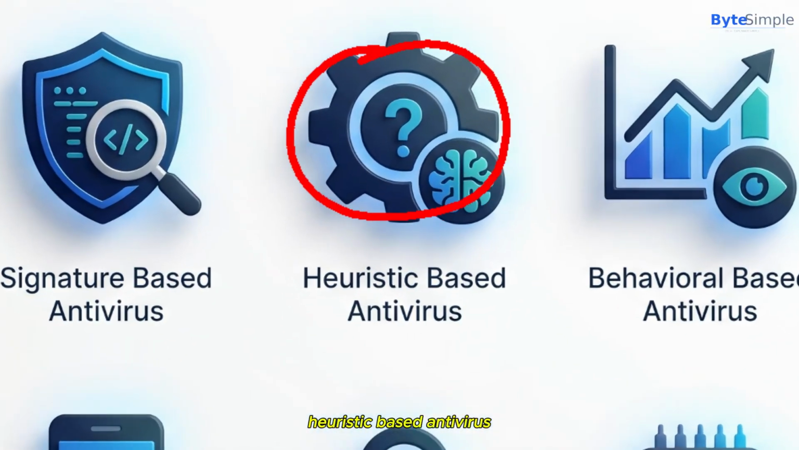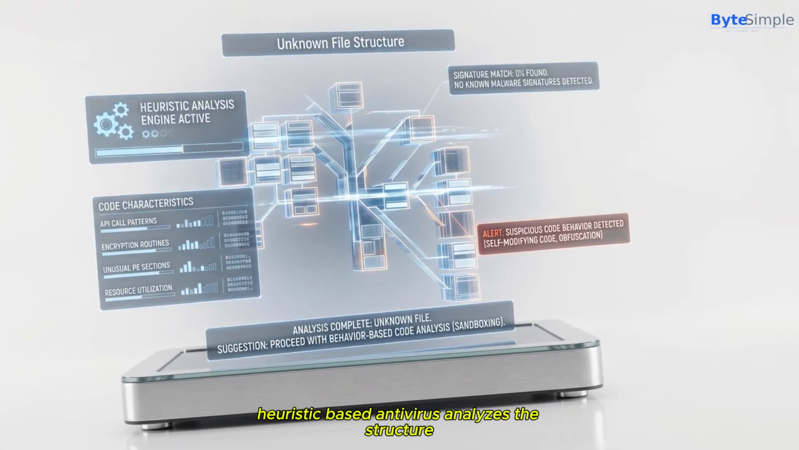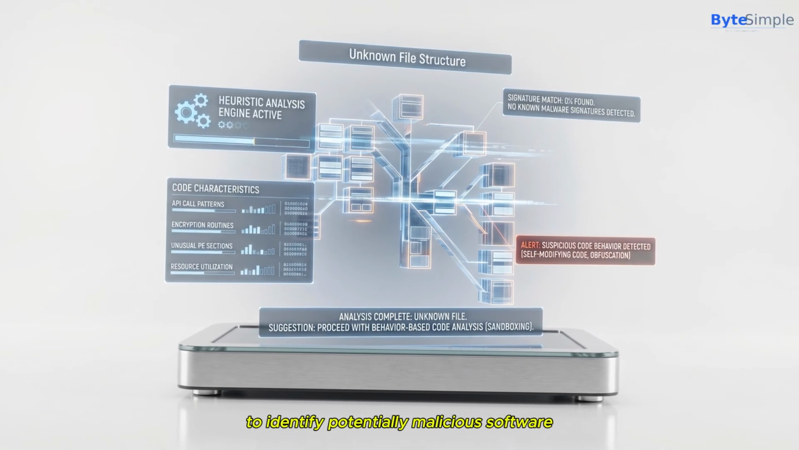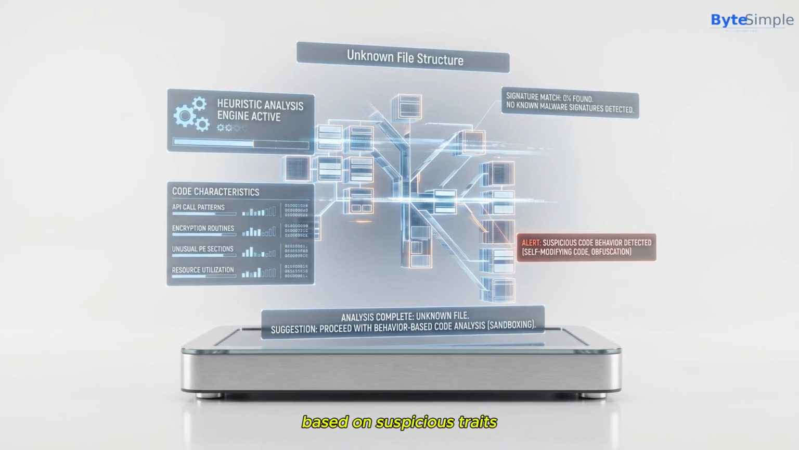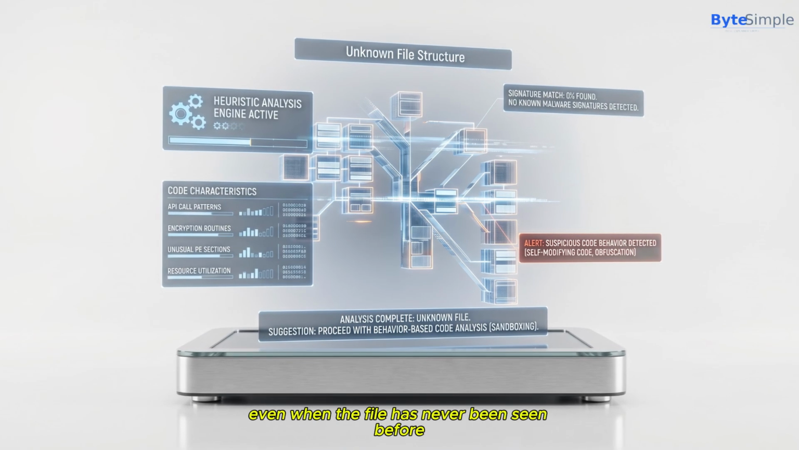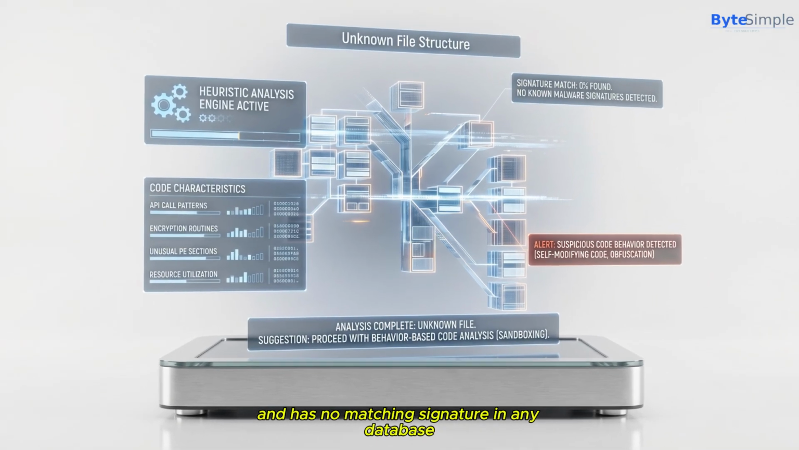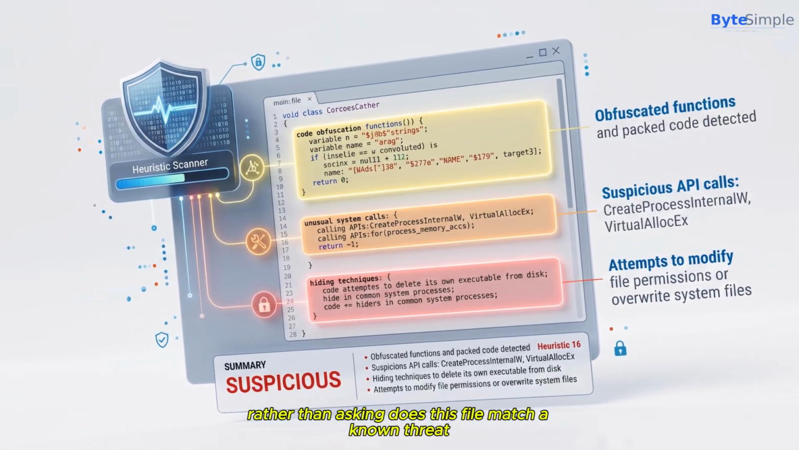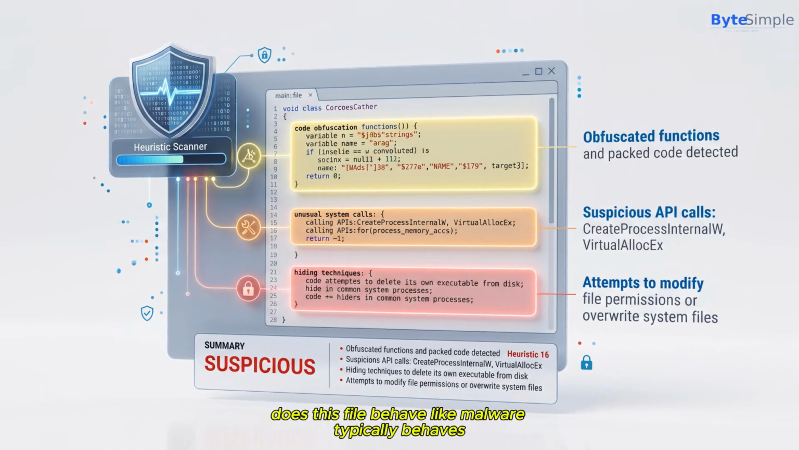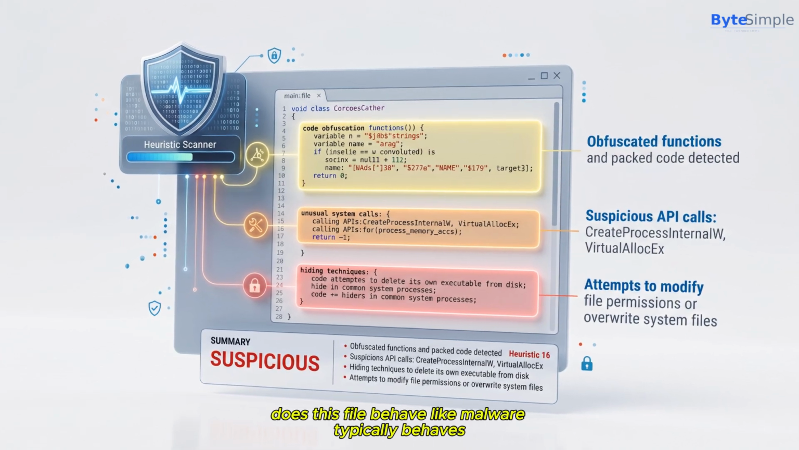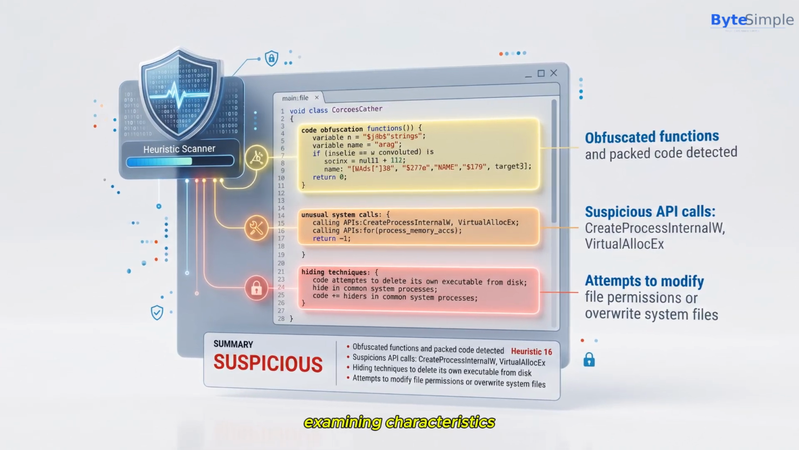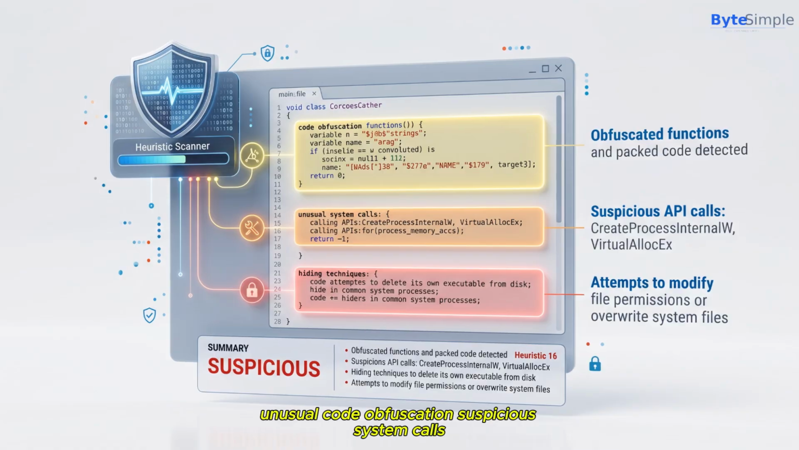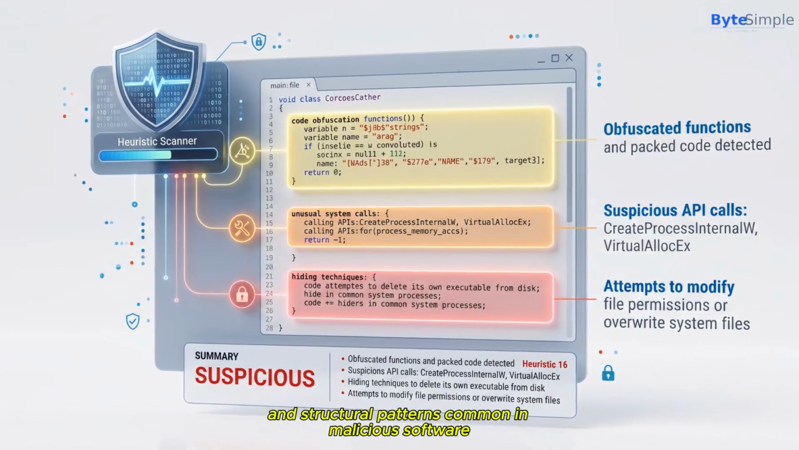Heuristic-based antivirus. Heuristic-based antivirus analyzes the structure, code patterns, and characteristics of files to identify potentially malicious software based on suspicious traits, even when the file has never been seen before and has no matching signature in any database. Rather than asking, does this file match a known threat, heuristic analysis asks, does this file behave like malware typically behaves, examining characteristics like attempts to hide its presence, unusual code obfuscation, suspicious system calls, and structural patterns common in